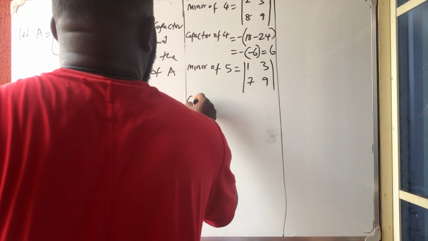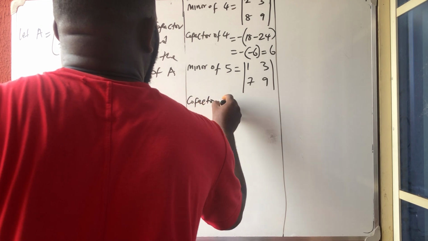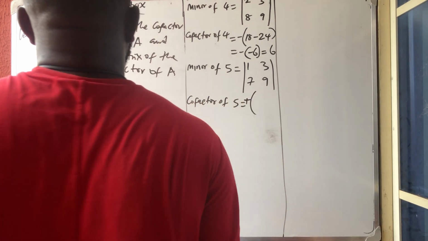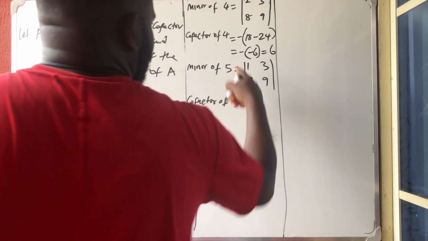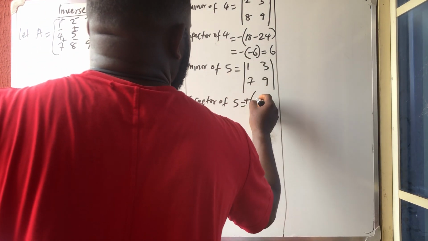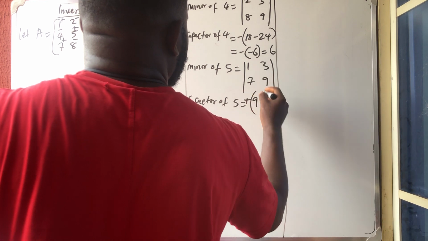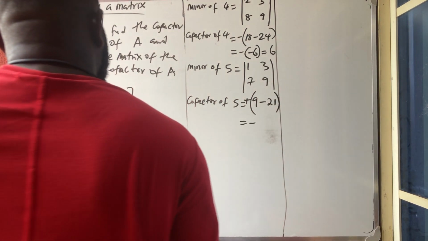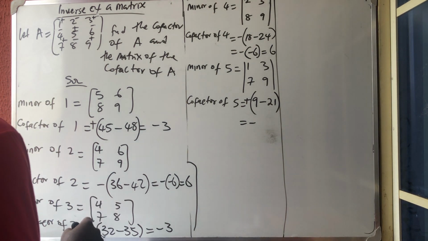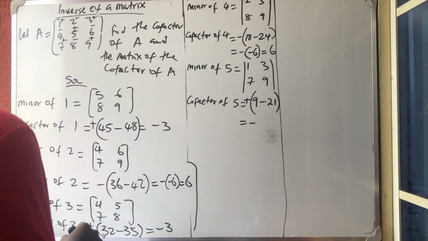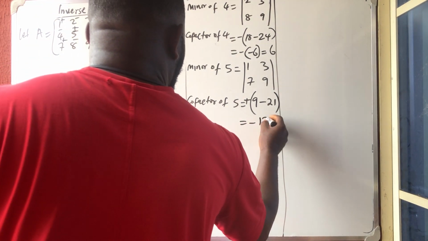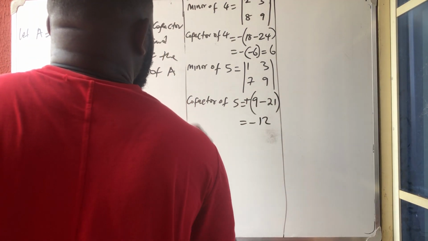So if I get the cofactor of 5, don't forget that here is positive because 5 is positive. I'm going to have left, right. This time this is giving me 9 minus, this time this is giving me 21. So I'm left with minus 12. Okay, minus 12. So the next one is what? Minor